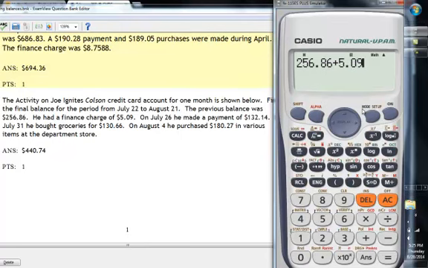He made a payment, so subtract 132.14. He bought groceries, so add 130.66. And he purchased, so add 180.27. So what's his total? His total is